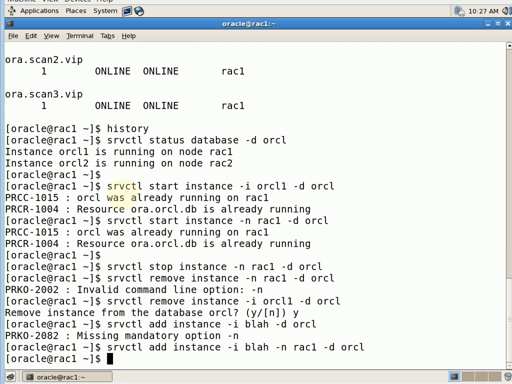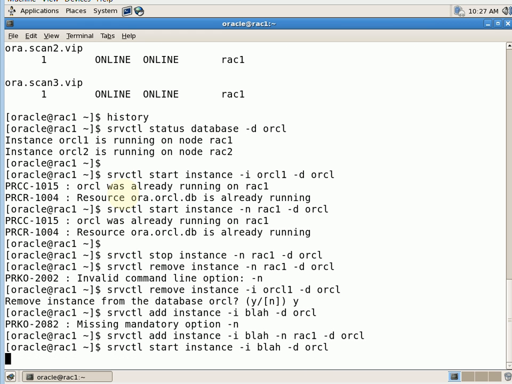And once the instance is added, you can then start the instance. Now, what is interesting is that when you do start the instance, it's mutually exclusive. You either use -n or you use -i. So if you use -n, it's smart enough to know that